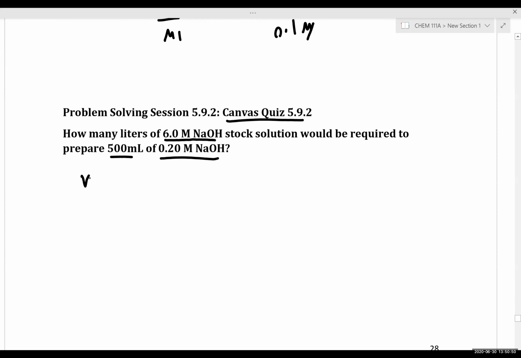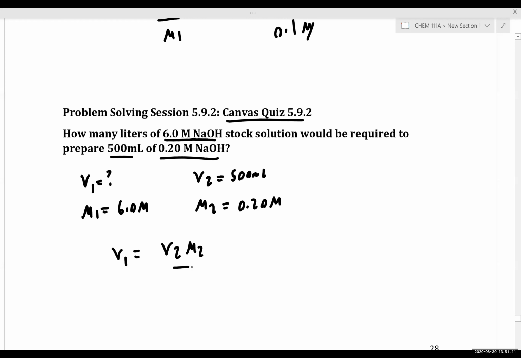So our initial volume is unknown. Our initial molarity is 6.0 molar. Our final volume is 500 milliliters. And our final molarity is 0.20 molar. So solving for our initial volume, we have V2 M2 over M1. That in turn gives us 500 milliliters times 0.20 molar over 6.0 molar, which, if we enter that into our calculator, gives us